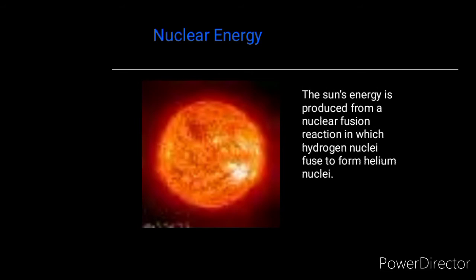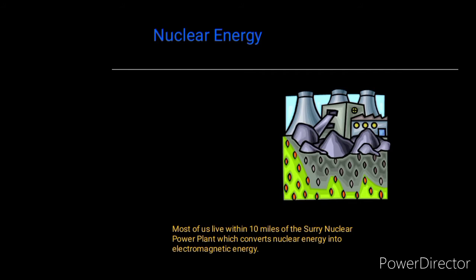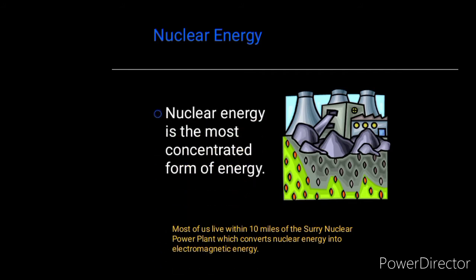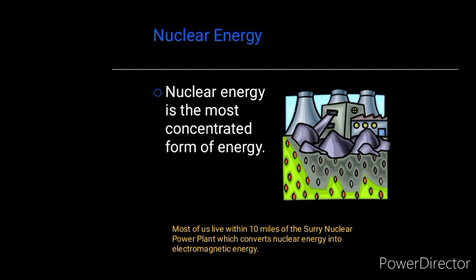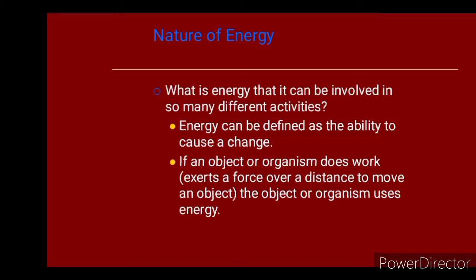Now, let's look at nuclear energy. When we talk of nuclear energy, we're looking at another kind of energy that is produced by atoms. These atoms are so powerful that they keep producing energy on their own, while some are done by scientists. Okay, that kind of energy produced by such atom or element is called nuclear energy, and we use this nuclear energy in different ways. You must know that we use them in different ways. Nuclear energy is the most concentrated form of what? Energy.